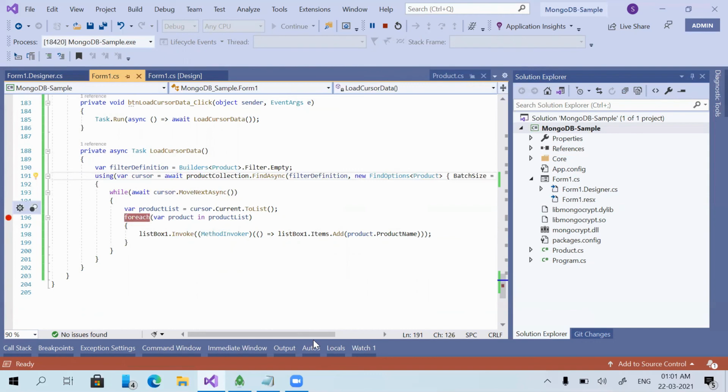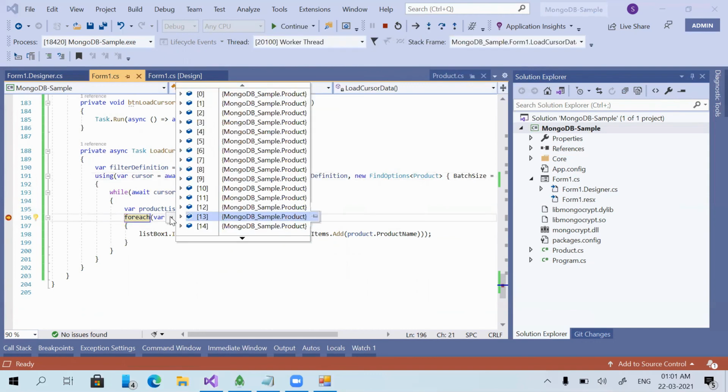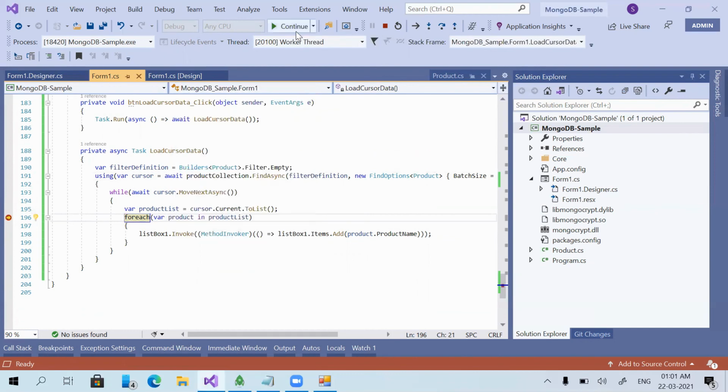I'm clicking the button. Now you can see it has taken 1000 products and it will add them to the list box. Next, it will take the next 1000 records and add them to the list box. In that way it will complete the whole records.